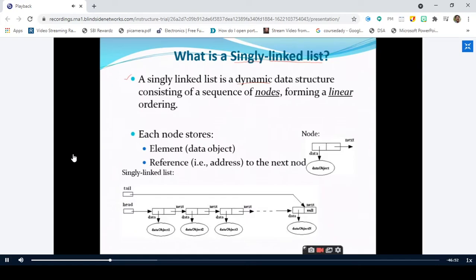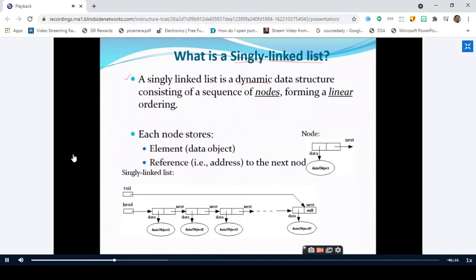And coming back to our discussion again, a singly linked list is treated as a dynamic data structure. Till now, the arrays, stacks and queues, where you are implementing the stacks and queues using arrays, they follow the static memory allocation. That means the user has to specify the size of the array at the start of the program itself, the number of elements they want to use in the program. That is called static memory allocation.